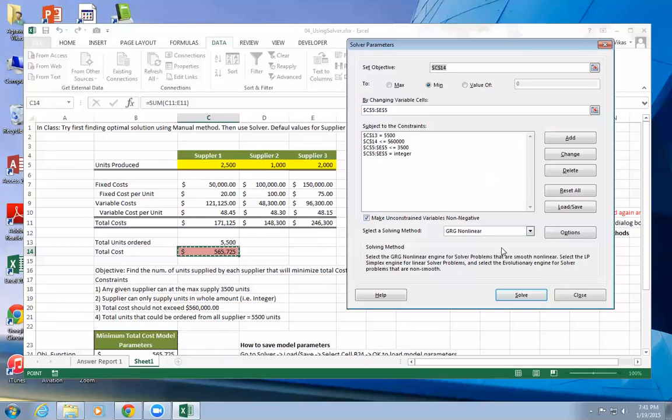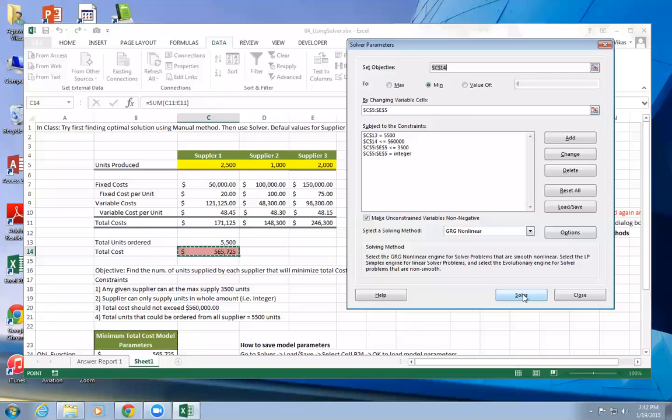So this is your solver setup. Basically you're setting an objective, you are telling solver that you want to minimize it, then you also indicated your cells that you want to vary, right? And you put in those four constraints. Then we're going to leave pretty much everything default here, GRG Nonlinear, and sometimes it produces error. So if that's the case, try to solve it multiple times. That's a pretty Microsoft thing.